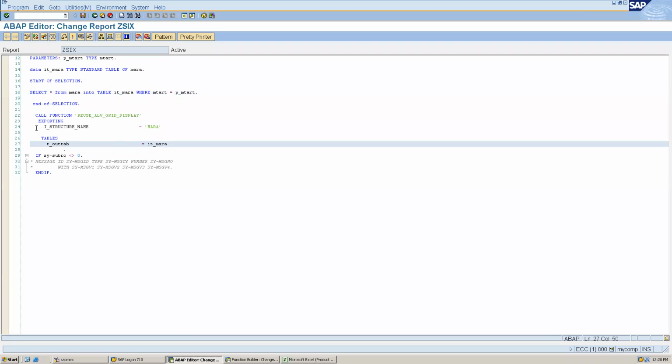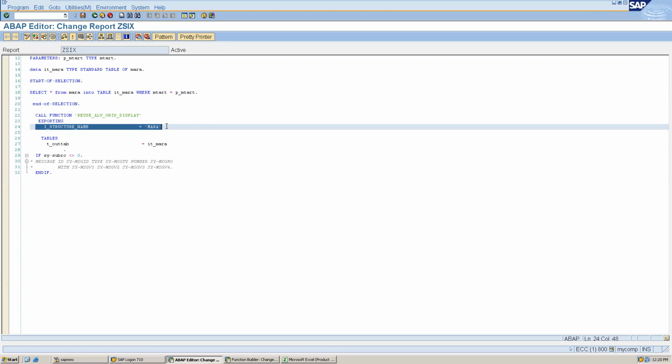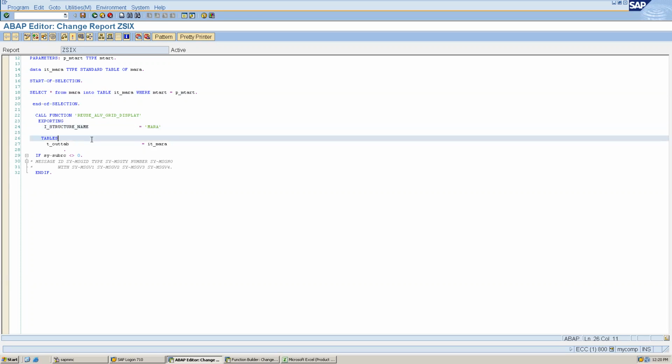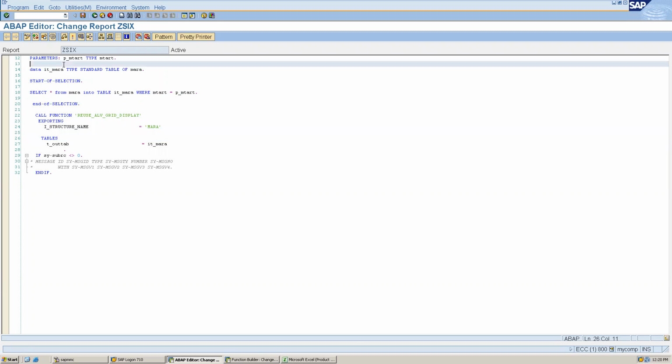Now you may ask me how you know we have to pass this, because this is optional, right? This is because of experience. When you start using some standard FM, you will understand which values we have to pass. But if I have to display only selected fields, and perform some other operation on ALV, then we have to do some custom coding.